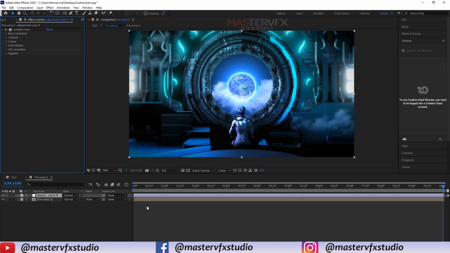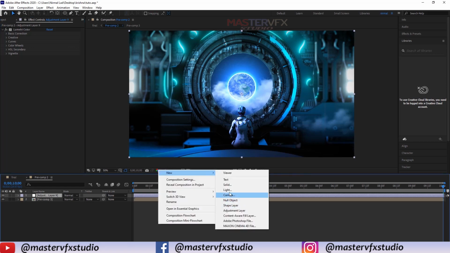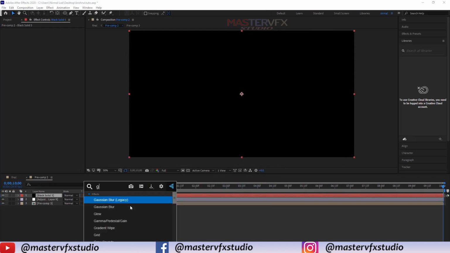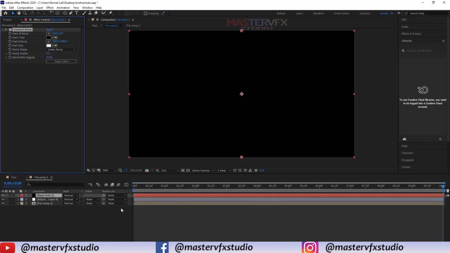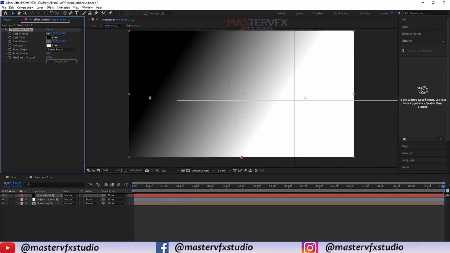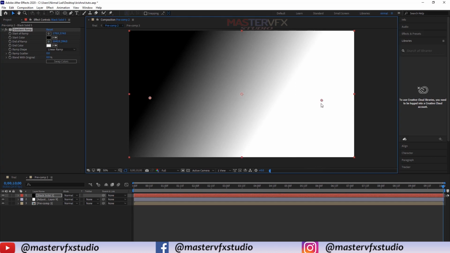Now we are going to create one new gradient layer. So right click, new solid, apply gradient effect on it, and change its position to something like here, and the other one is here.